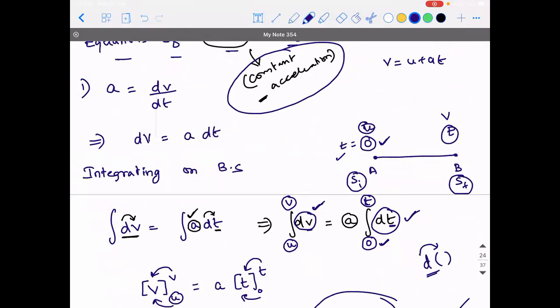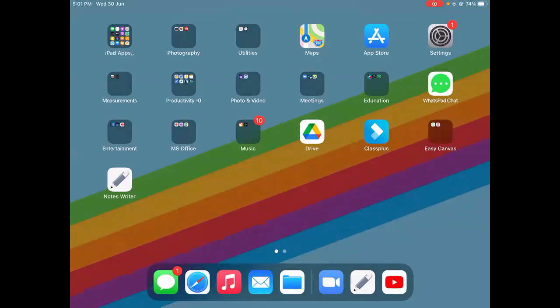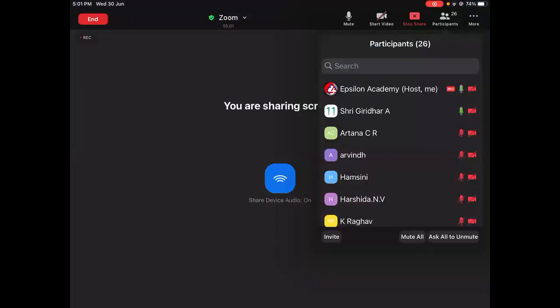Sir, I had this doubt. In the question, what if they give just velocity, and don't mention initial velocity or final velocity? What should we consider it as, sir? That depends completely on the scenario. This question is ambiguous to me. Sir, if they say it is from rest, then we should take u as 0. That is one scenario.